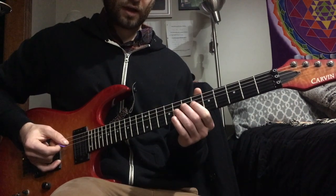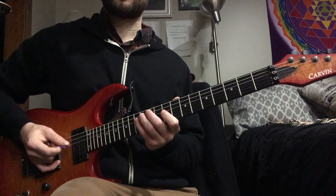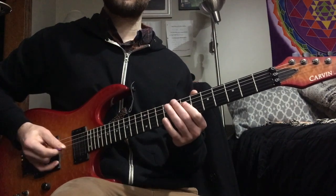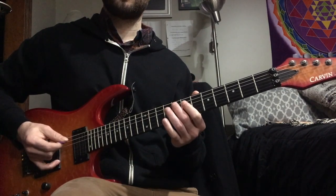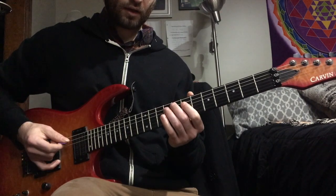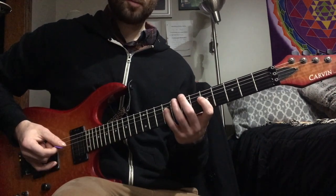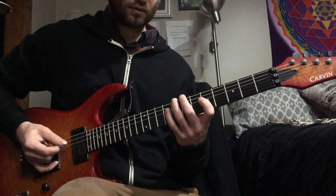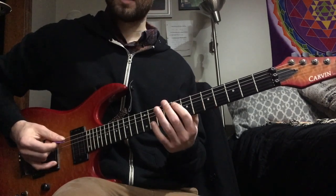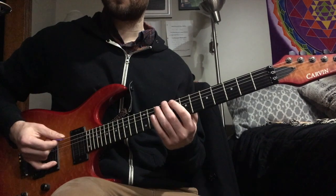Okay, and then from here, I switch to the 9th fret on the 4th string. 9, hammer on to 13 with my pinky. Go down 2 frets to the 7th fret, and my middle finger on F. And then I'll go down again, pointer finger on G, hammer on to B with my pinky. And then, okay. Then pointer finger will go to F on the 5th string, middle finger to D flat,